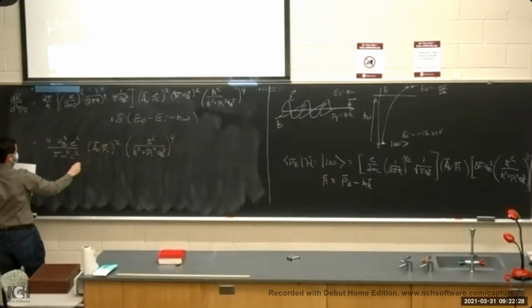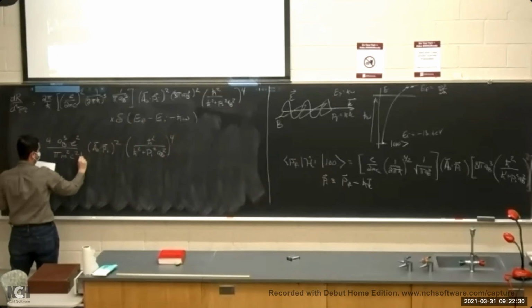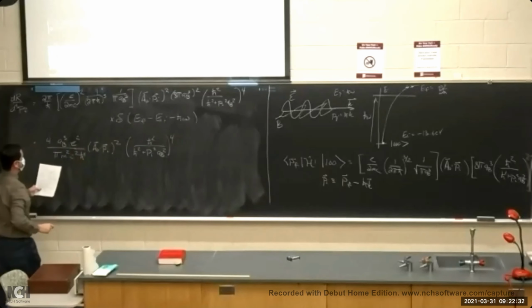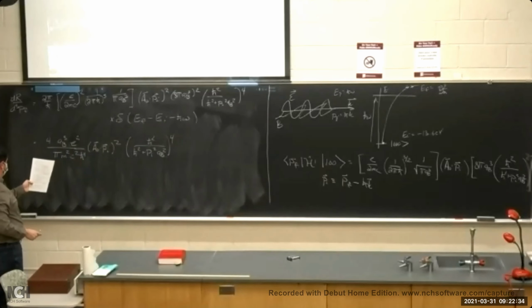I think if I pull the h bar squared there, then I need a 1 over h bar to the 4th. Okay, so the form for the differential rate